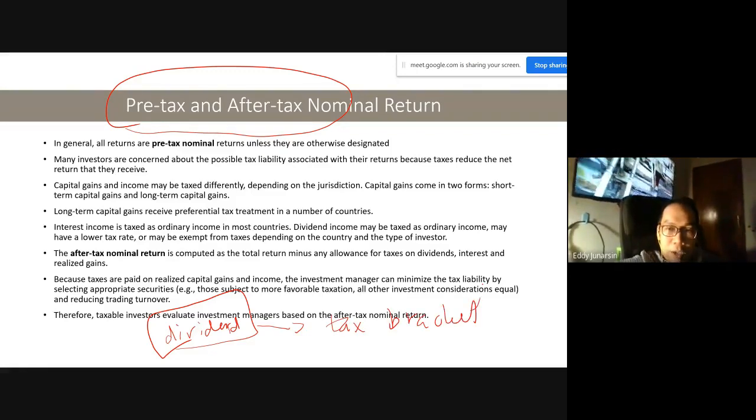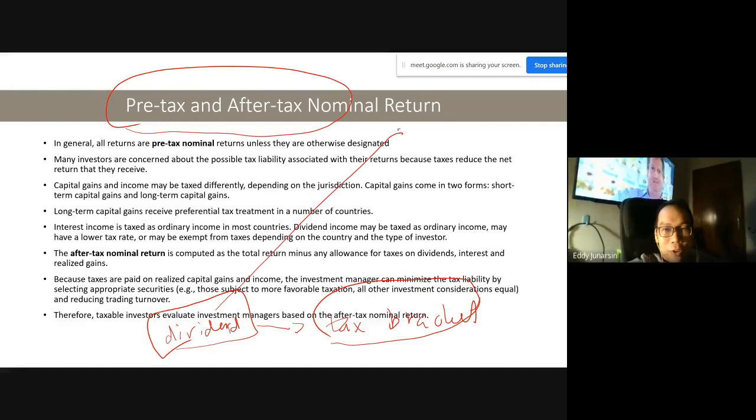Can you imagine if you're in the tax bracket of 35% because you're super rich, like Mark Zuckerberg or Jeff Bezos or anyone? So you are at the highest tax bracket. If you receive dividends, wow, this is quite painful. You don't need the money, but it's cut by the dividend tax, and the dividend tax follows your tax bracket. In Indonesia, this is not the case. It does not follow the tax bracket.